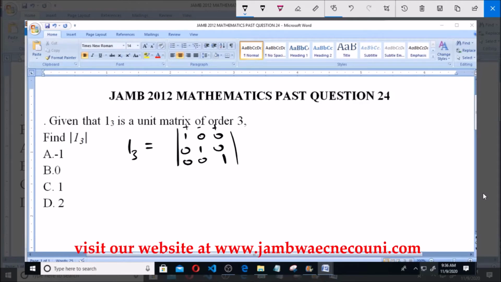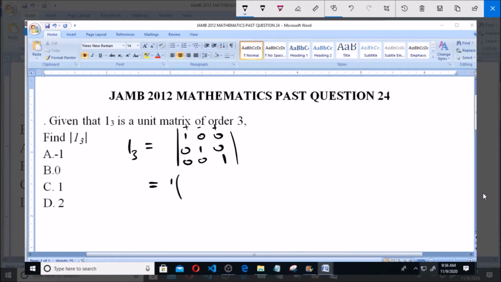Now to find the determinant of this matrix, this is equal to, we'll pick the first one, 1 into the 2 by 2 matrix 1, 0, 0, 1, then minus 0 into 0, 0, 0, 1, then plus 0 into 0, 1, 0, 0. Now, all of this here and all of this here will give us 0. But here, since 1 times 1 will give us 1 and 0 times 0 here will give us 0,